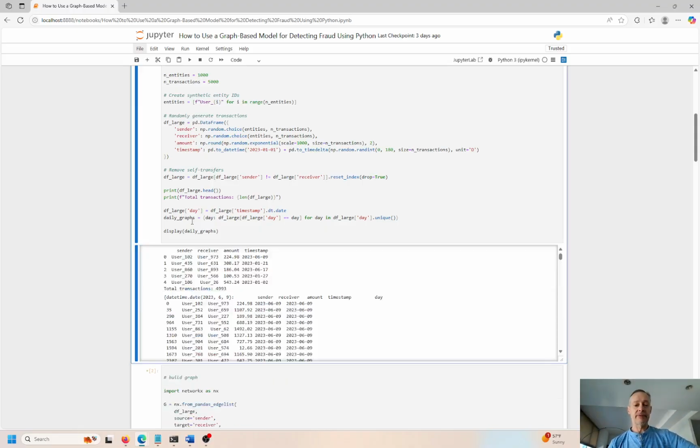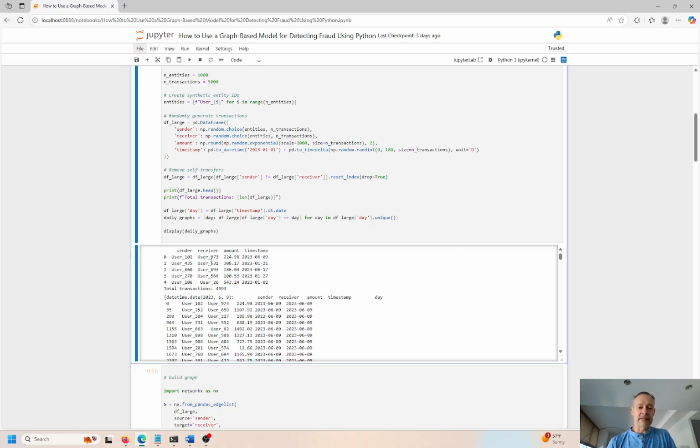Okay, so we have the sender, receiver, the amount, and the timestamp, and we're going to use this as our simulated hypothetical fraudulent data set. I don't have actual raw data because that's proprietary. I used to work for a whole bunch of banks. I don't work for any bank now, and even if I did, I can't share that proprietary data with you, right? Can't put that into the public domain, but we can create something that's synthetic but realistic, and this will